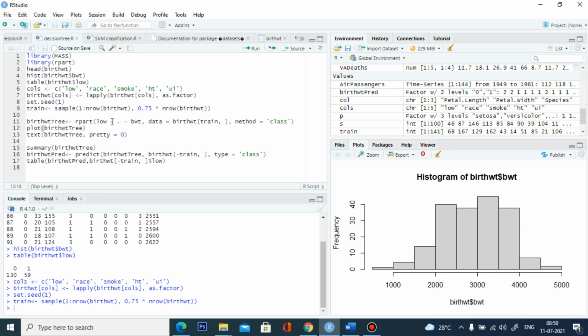That's the same as your weight. So that's why I'm going to exclude low from the birth weight data, and the data is the birth weight train. We are giving the train data, and the method is classification.